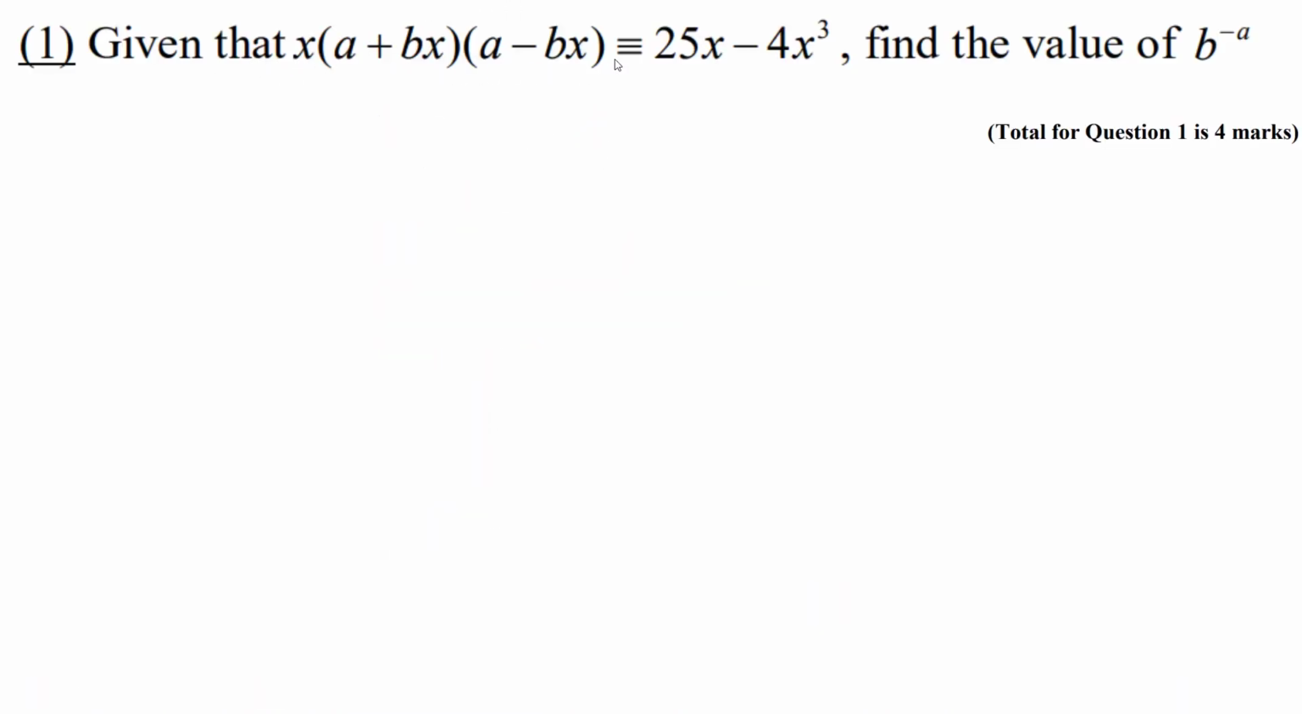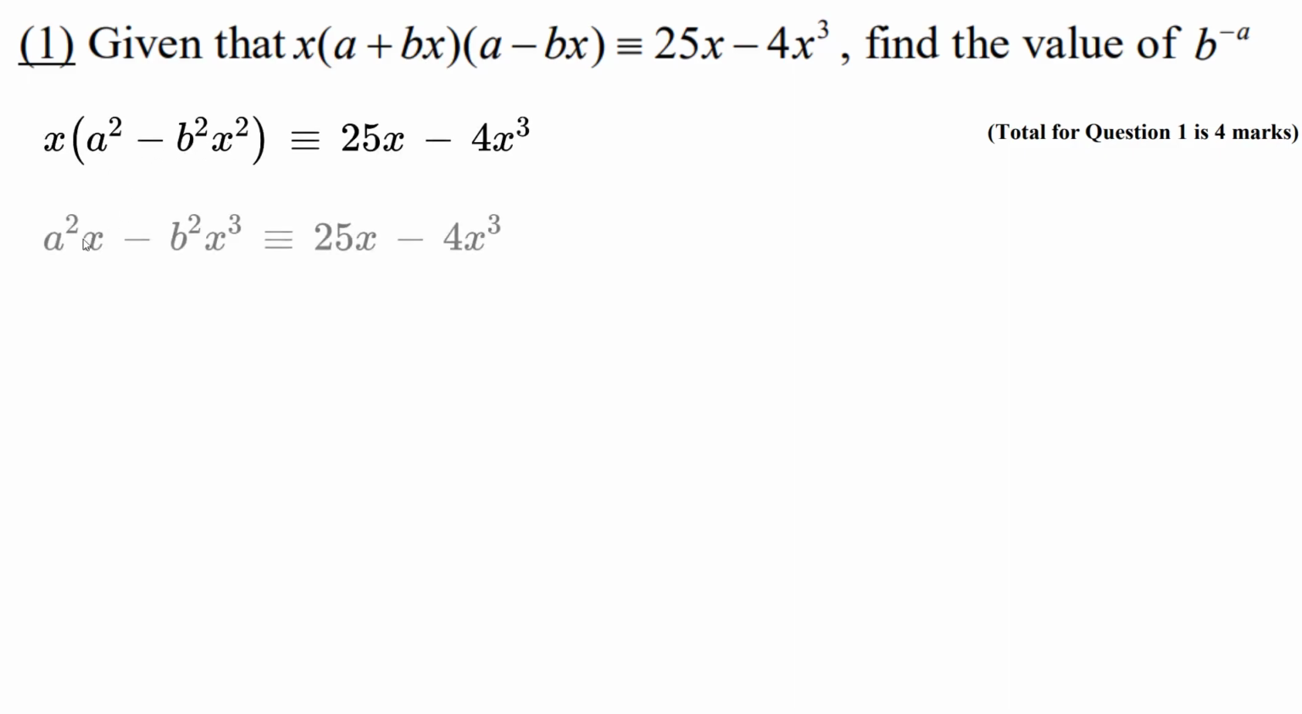Given that this is identical to this, find the value of b to the minus a. So, whenever you see an identity question, if you can expand something, just do it. So here you've got a squared minus bx plus bx. So the bx's cancel, and then you have minus b squared x squared, and then you want to distribute the x after. Okay, so I've got that, and then distribute the x after to get this. And now what we need to do is called equating coefficients. And what that is